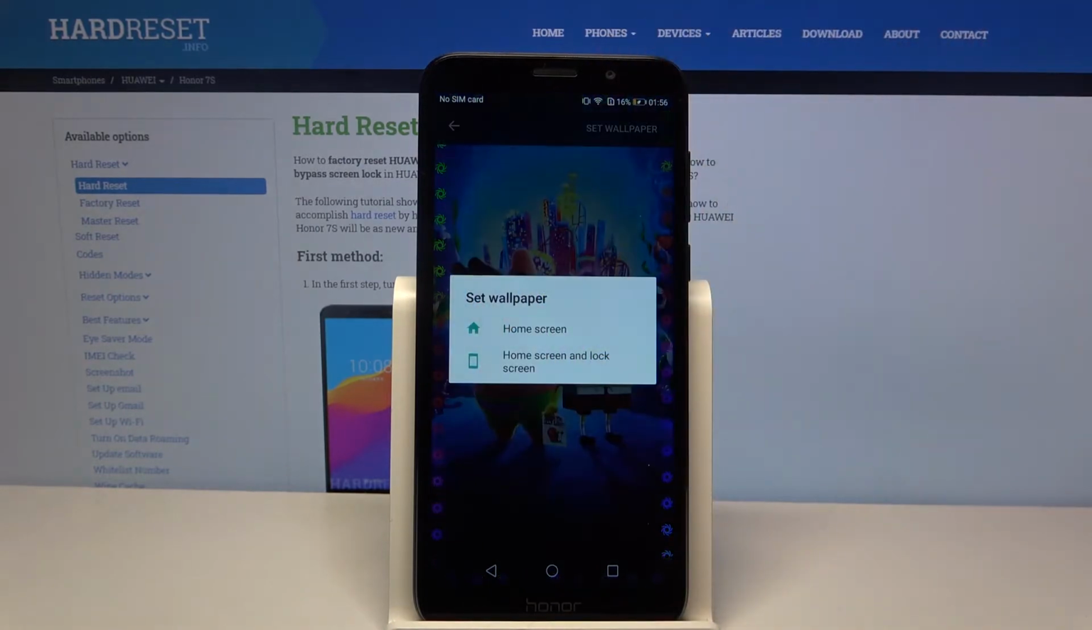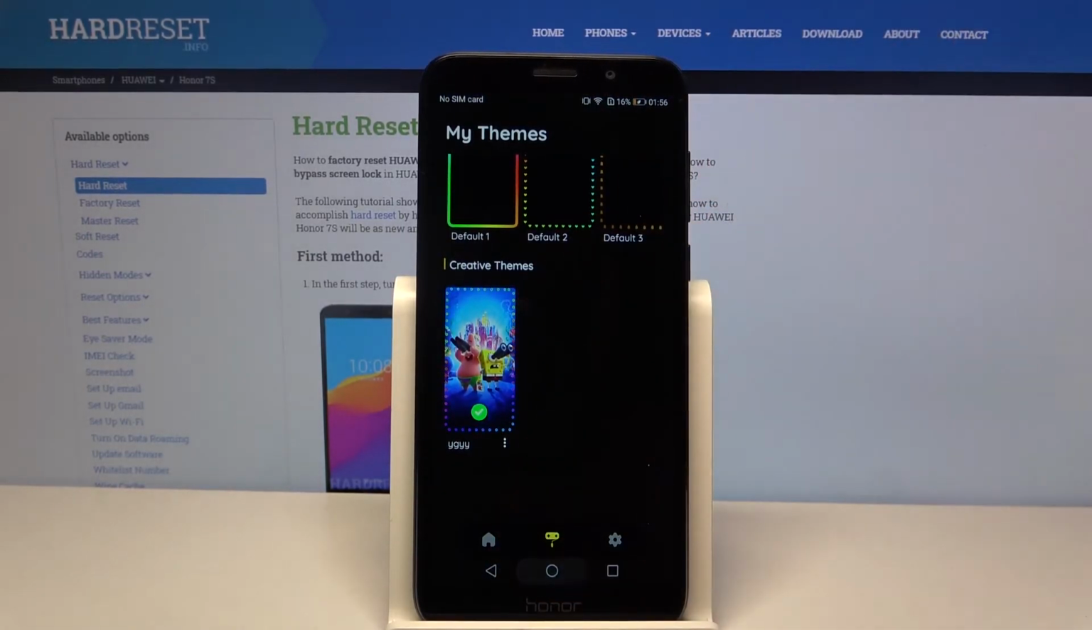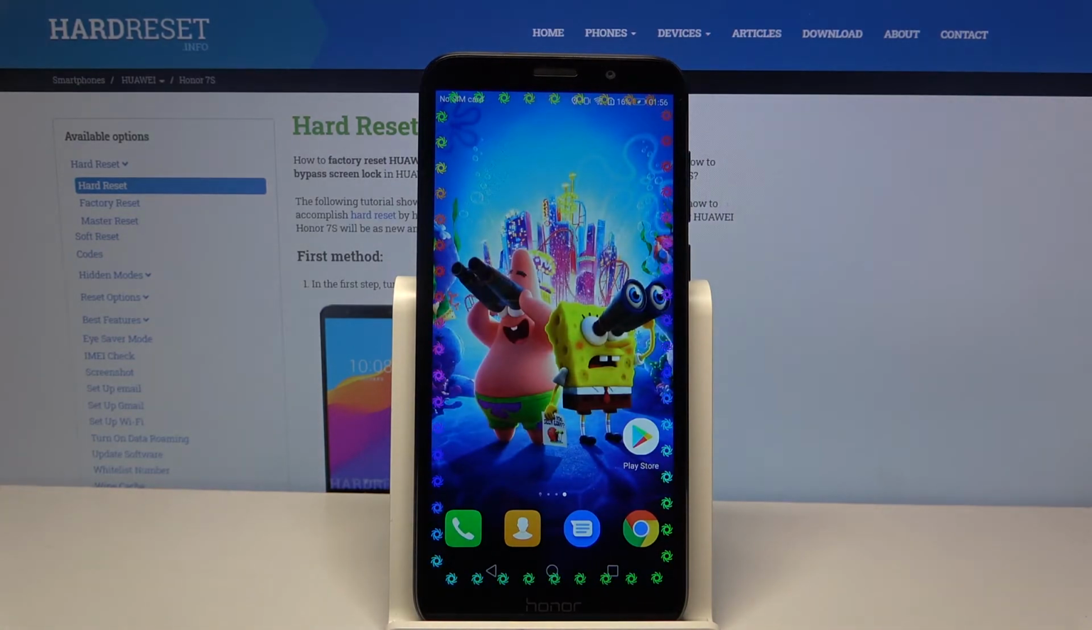Then set wallpaper and decide if you want it to be on home screen or home screen and lock screen by tapping on one of the options. Now when I go back, I can see that my edges were successfully applied, but if you want to see